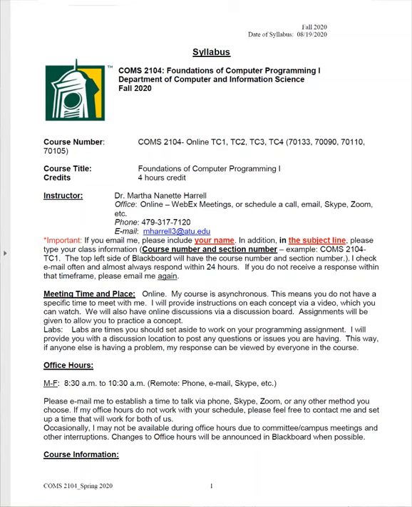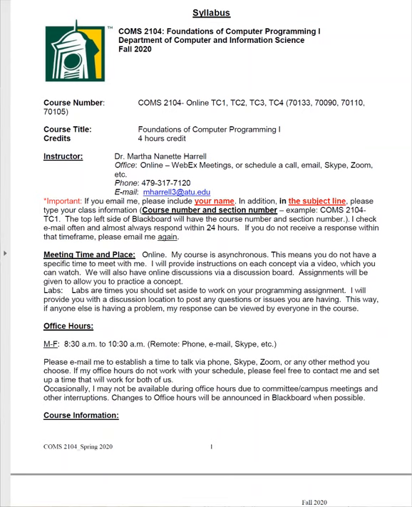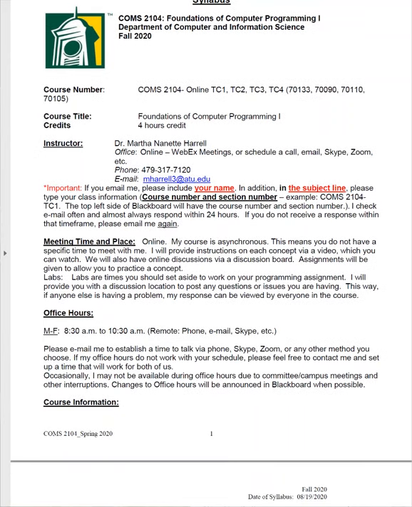this course. This course is worth 4 hours of credit, and for my office hours, we can have WebEx meetings, we can schedule calls, you can do email if you're more comfortable with that, use Skype, Zoom, anything that we decide works between the two of us when you want to talk with me, that's what we'll use. If you email me, please include your name, and in addition, in the subject line,